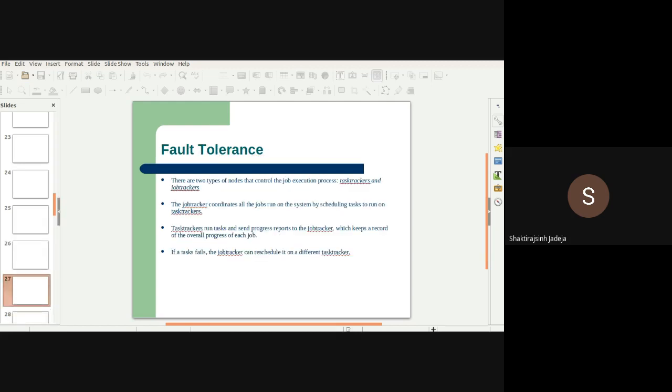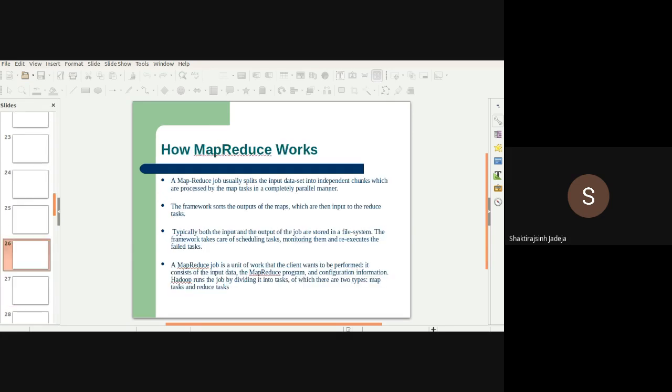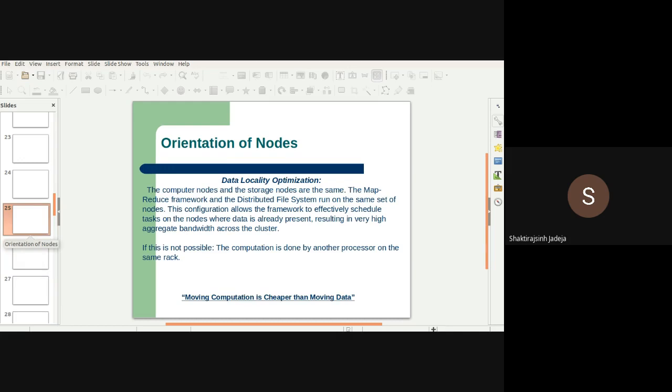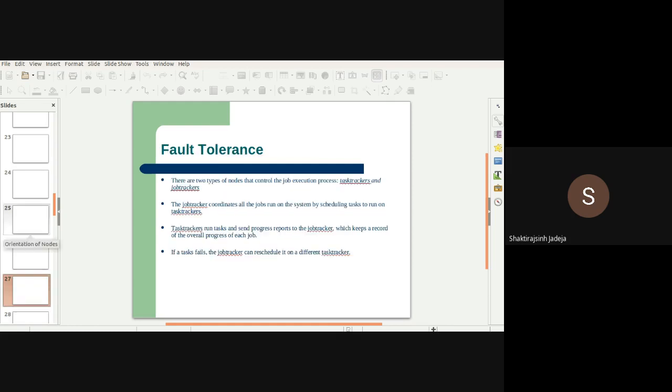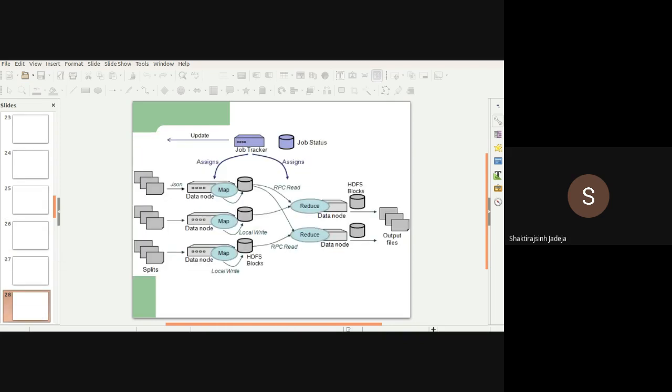Fault tolerance. I think we have to start from this point, fault tolerance, right, guys? Or I think we are done with orientation of nodes and MapReduce working, right? I am pretty sure that we have to start from fault tolerance, or we are done with fault tolerance. Okay, yeah, we are done with this part also.